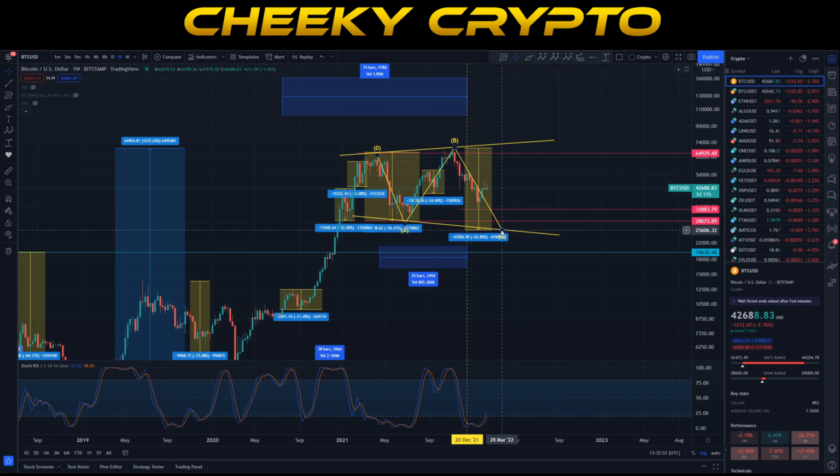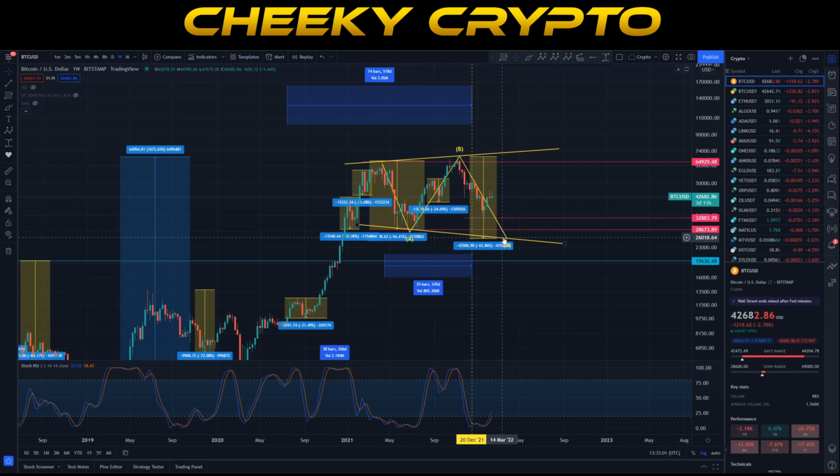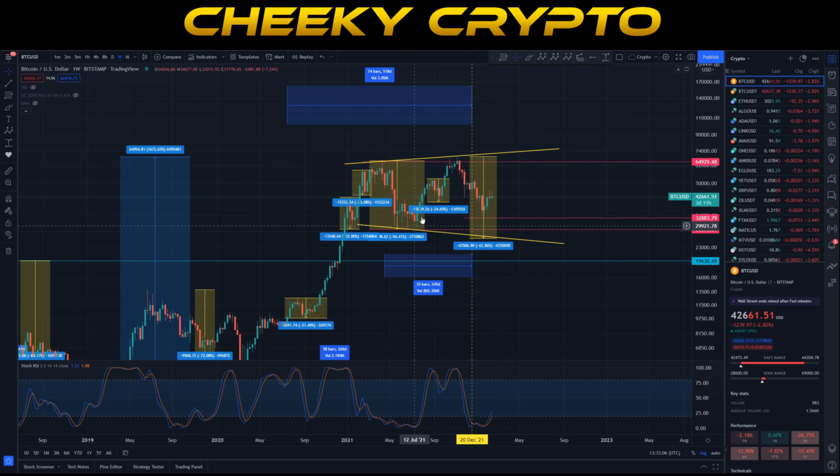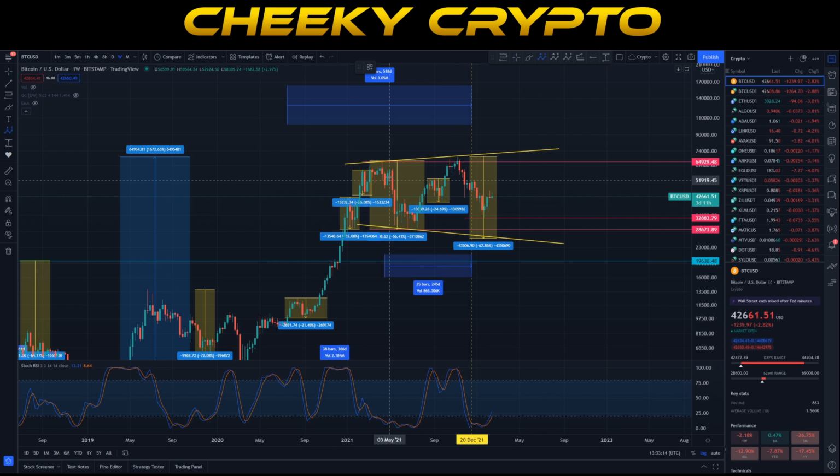And again, just because that is what is kind of being shown here doesn't necessarily mean that's also going to happen. It doesn't mean that we're going to go down to $25,000. I think actually we aren't necessarily going to be having the expanding flat. I reckon we should potentially be acknowledging that it could just be, I guess, how do I articulate it? It's not a standard correction, but it is a regular correction